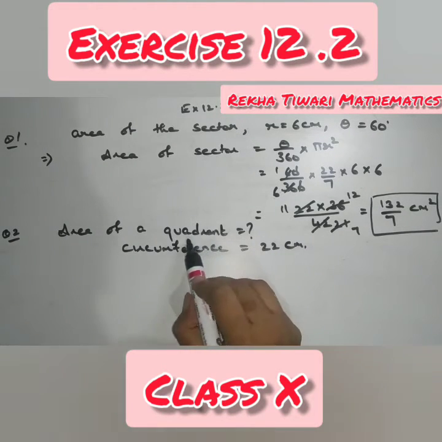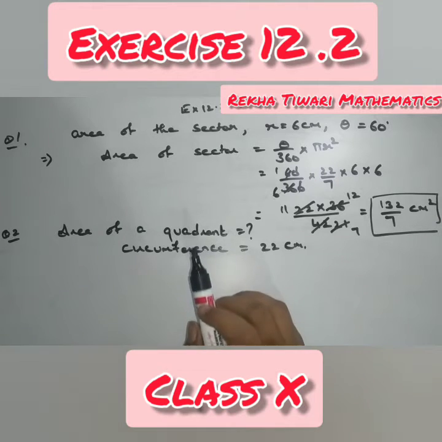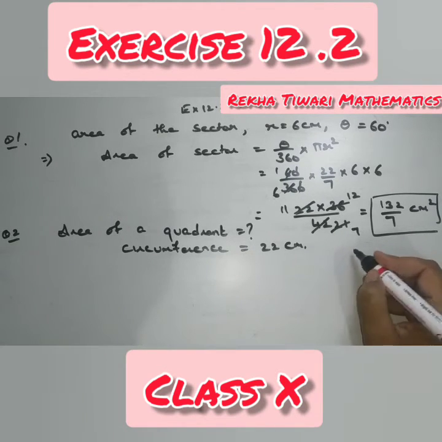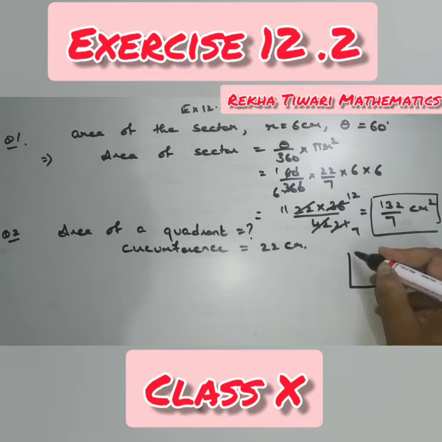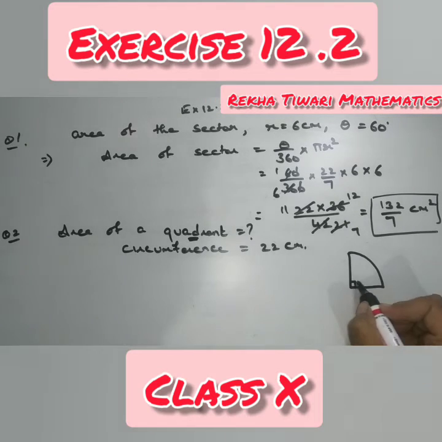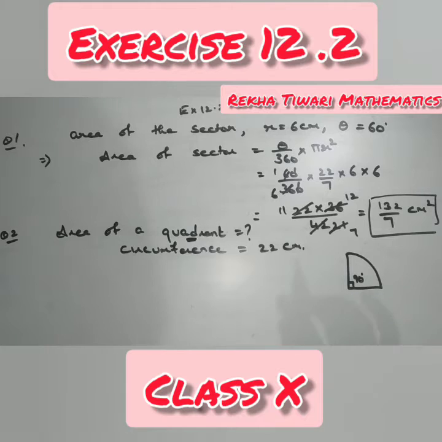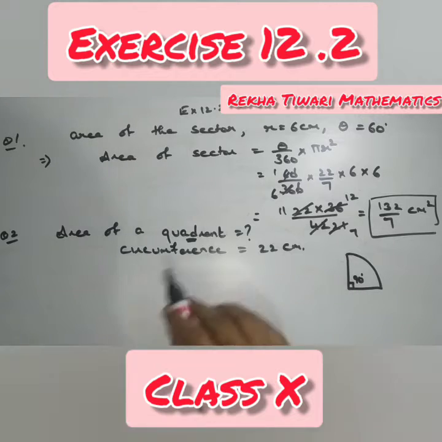Now, two terms. One is quadrant. Quadrant is 1/4 part. And since we are talking about the circle, area of quadrant of a circle, we have to find out. So this is 1/4 part of the circle. That is this much only. So this quadrant implies that theta is 90 degree. Because quadrant is the 4th part of the circle and the circle complete angle is 360 degree. So you have to divide this by 4 to get 90. Okay, so whenever quadrant is there, take theta as 90. And circumference of the circle is 22 centimeter.